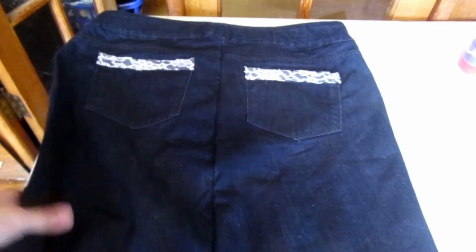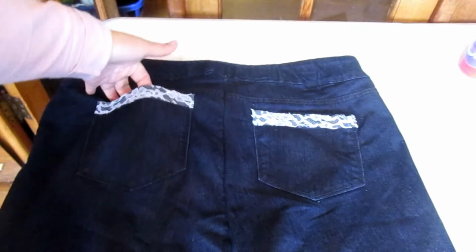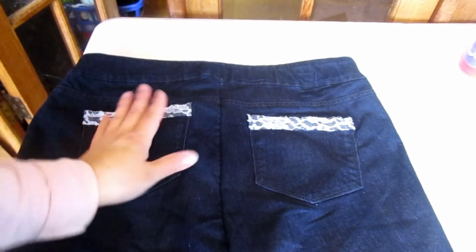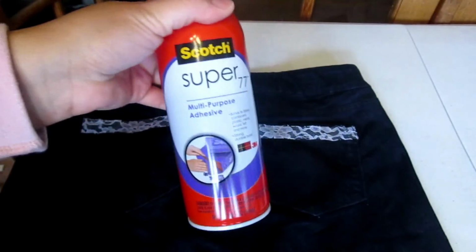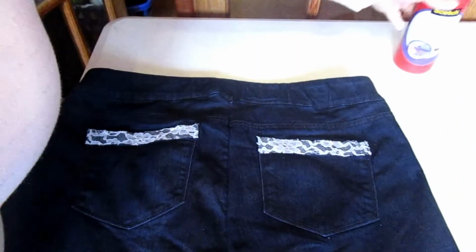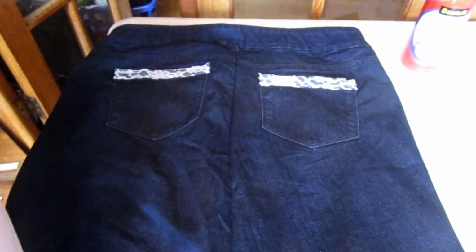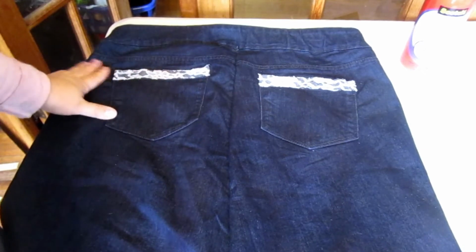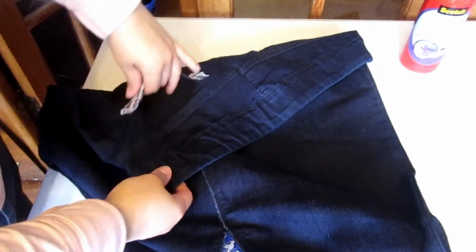Okay, so I went ahead and added lace on the back of the pockets, just on top of the opening of the pocket with the glue spray that I have. I spray it on top of another fabric and then just put it on here. And so now I'm gonna see if I add a patch on the front of it. So you let that dry for a little bit before you start